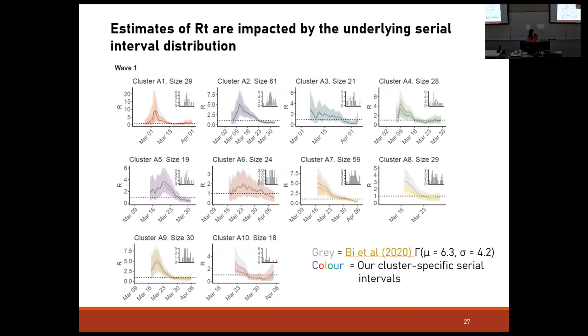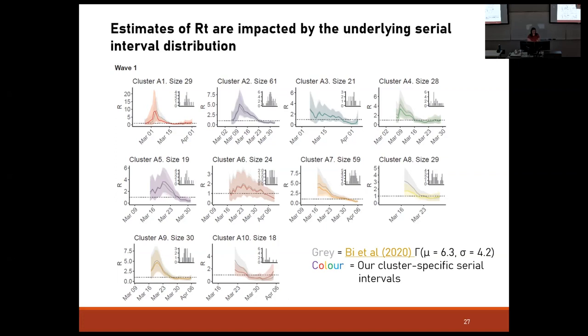And yeah, sometimes you can't really see the gray very well on these diagrams, so I'm sorry if you can't see that. In general, for some of these outbreaks, it doesn't make much of a difference because we estimated a serial interval that was close to 6. But in a couple of outbreaks, it can make a bit of a significant difference. This cluster A8 at the beginning, we're seeing a difference of 2 and about 3 in our estimate of RT, and also particularly in this cluster A10, you can see at the very end, this last one here, that just changing the underlying serial interval, something we normally kind of assume, is the difference between RT less than 1 and bigger than 1 at the end of our sample cases in that cluster.